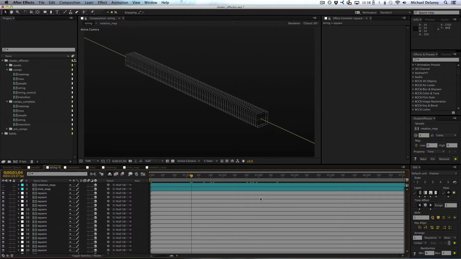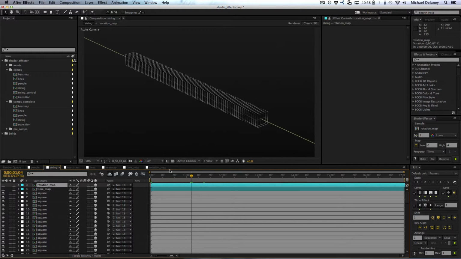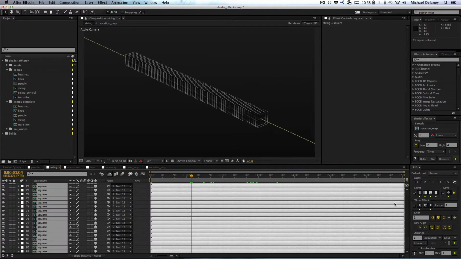So far I've only shown you Shader Effector working with the time remapping property, but it'll also work with any property that you specify. In this composition I have a bunch of squares in 3D space, and I want to control them using this rotation map composition. So I'm going to select this rotation map and then select all the squares that I want to control,